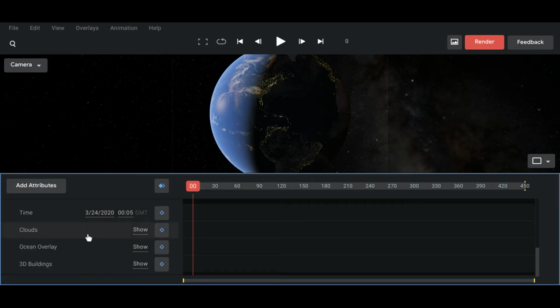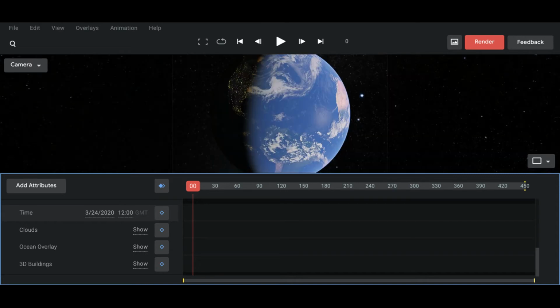So there we go. So first, we're going to do the time. So let's say if we wanted it at noon GMT. So what if we had it just spinning in the way it does? So if we lock it here, then let's say we want it to spin all the way around and reach back to this point. So we'll have to go to the halfway mark of 45,